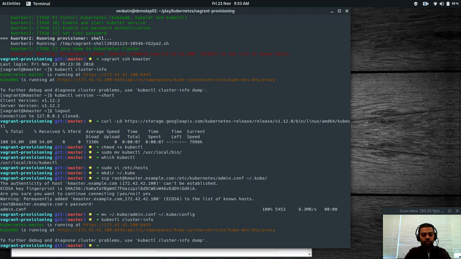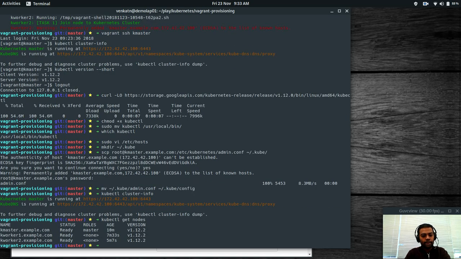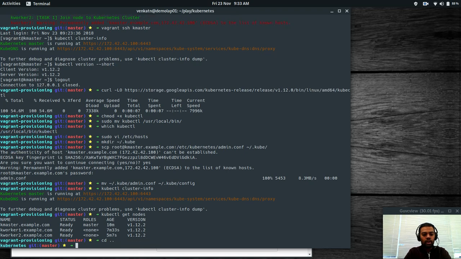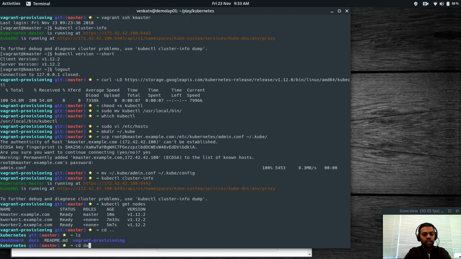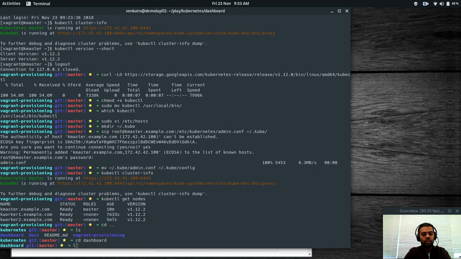You've got the kubectl. So let's check out our nodes. Kubectl get nodes. So we've got 3 nodes which are all ready now. Okay, so I'm going to go one directory above, and I'm going to cd to dashboard where I've got all